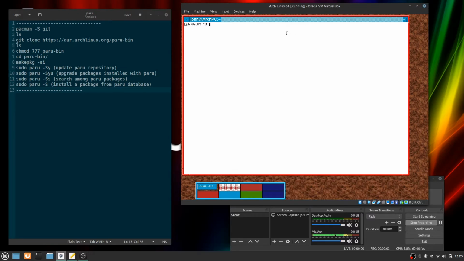This AUR helper will make us able to search for packages that are only available in the AUR and are not available in the standard Arch Linux repositories. For example, let's search among the standard Arch repositories for the application Free Download Manager. Target not found, but if we search for it using Paru,